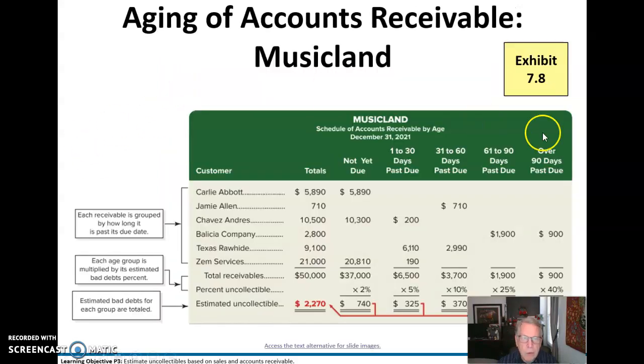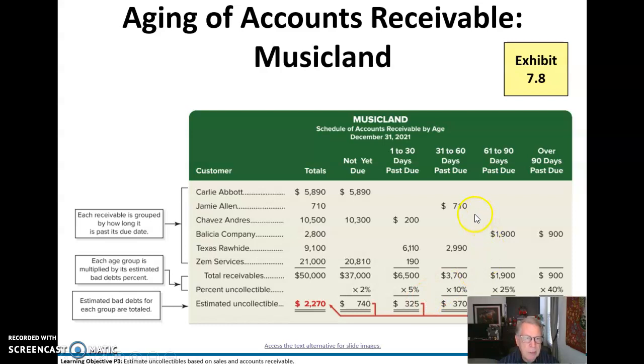Here is our normal schedule of accounts receivable by age. Here's our total receivables, $50,000, which we had previously. $37,000 of it is not yet past due. And we think 2% of that's going to be uncollectible, so that's $740. But now, this is 1 to 30 days past due. Notice that the percentage that we think is going to be uncollectible increases to 5%. So we take the balance in that column and multiply it times 5% to get